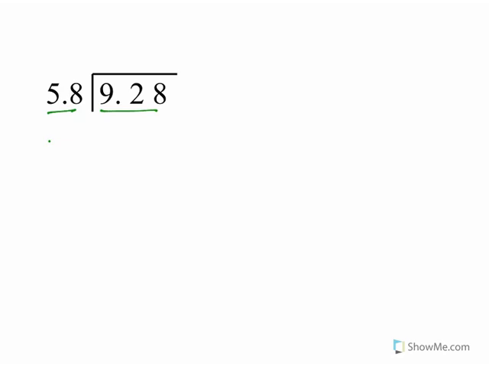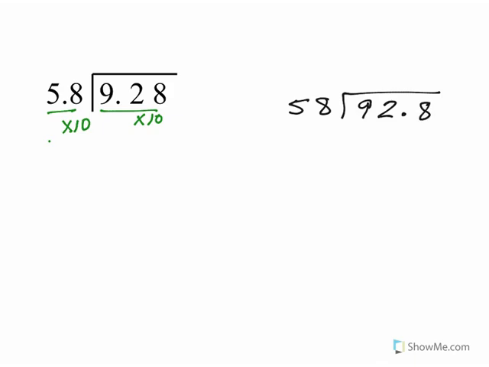So what I'm actually thinking is if I multiplied 5 8/10 times 10, that would give me 58. And now if I multiply 9 28/100 times 10, that would give me